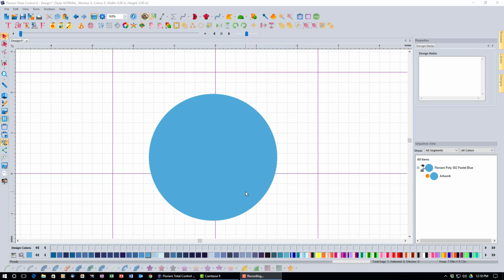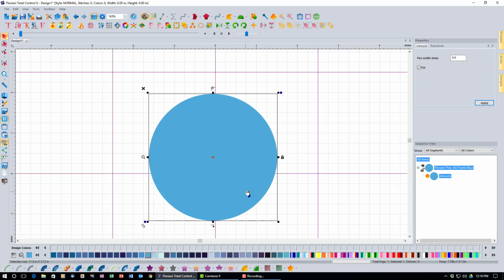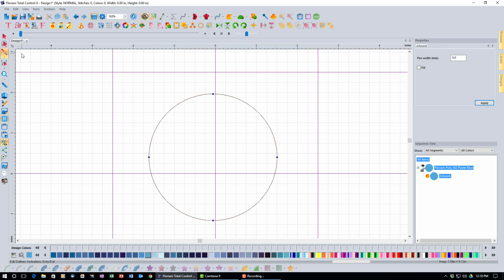So to do that, I'm going to select the single circle that I have here on my screen. And I'm going to come up to my shape tool, and you'll notice that below the shape tool there's that little fly out arrow that we've talked about a couple times. If I click it, I have two other options. I have my normal shape tool, I have something called the slice tool, and I have something called Add Outline. Now I'm going to click the Slice tool, and what this does is it gives me this